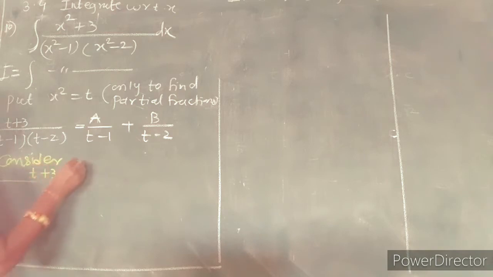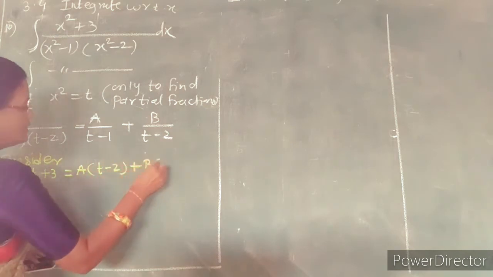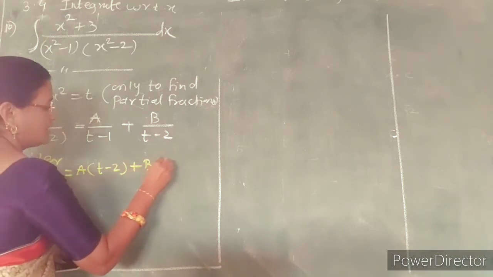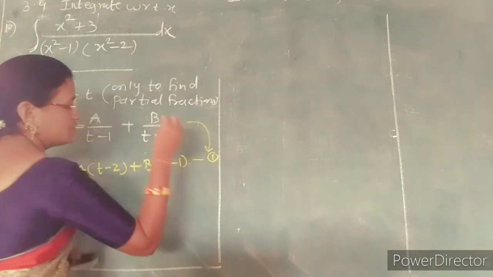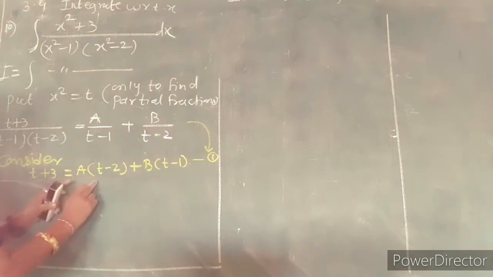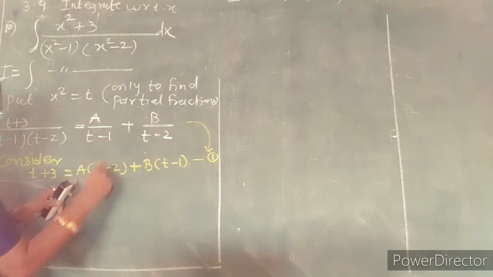t plus 3 is equal to A into (t minus 2) plus B into (t minus 1). This is equation 1. Using this, take cross multiplication, and the denominators on both sides can be cancelled out. So t plus 3 is equal to A into (t minus 2) plus B into (t minus 1). For this type of integral, where the denominator has non-repeated linear factors,